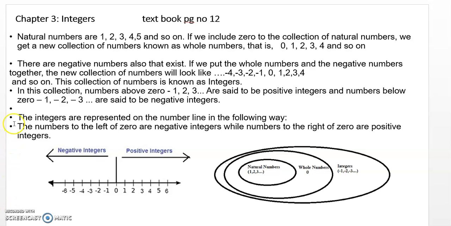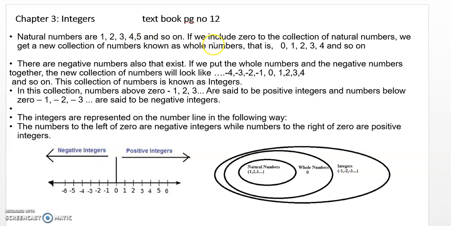Now under integers we'll study first what integers are, then the addition of integers, then subtraction of integers, and then opposite numbers. So we'll just brush up on the meaning of natural numbers. Natural numbers are 1, 2, 3, 4, and so on. So that means it is an innumerable number. But if we include 0 to these numbers, what we get is whole numbers. So that is 0, 1, 2, 3, 4. If this collection has 0, it is called whole numbers.